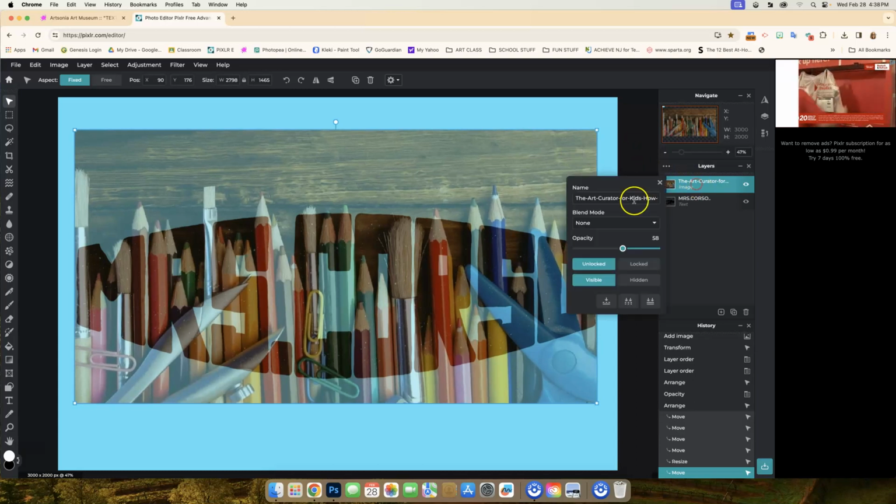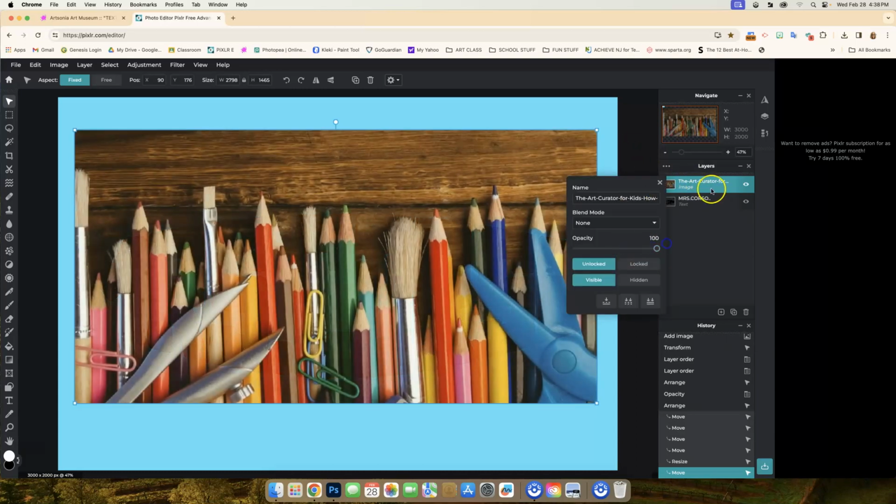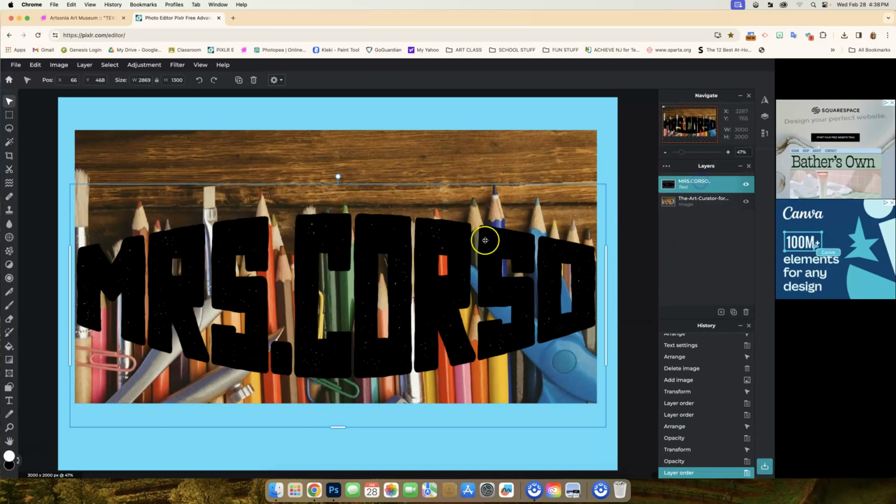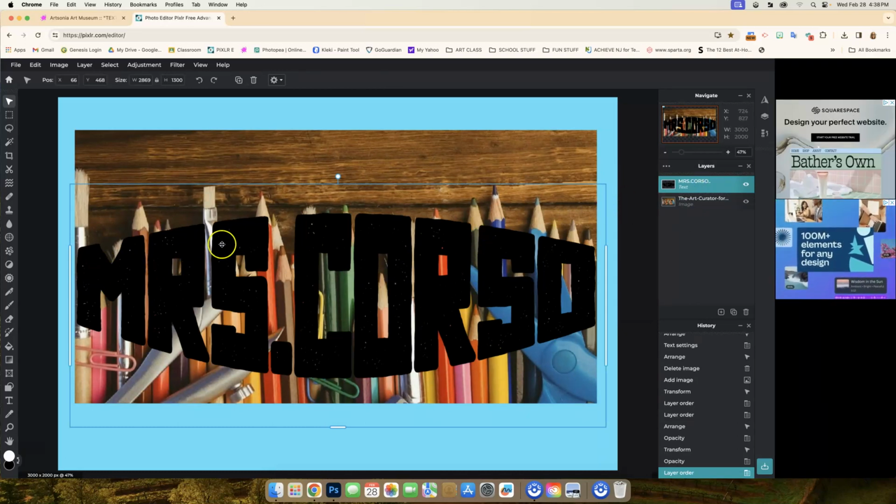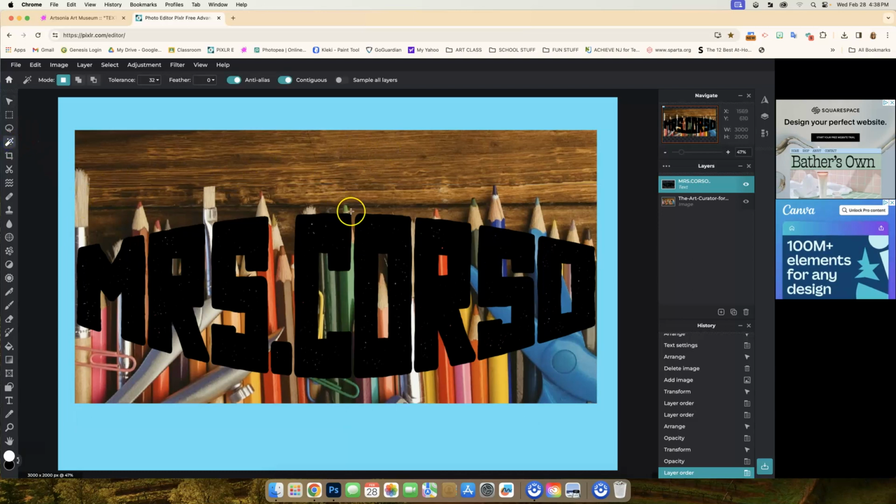Okay, I'm going to bring back the opacity, and I'm going to reverse the order there. So now what I want to do is cut out these letters from this image here. Use the magic wand tool, and you're going to be on the layer with the letters, and you're going to select the letters. Now you can see it's only selecting one letter at a time, and you might recall this from